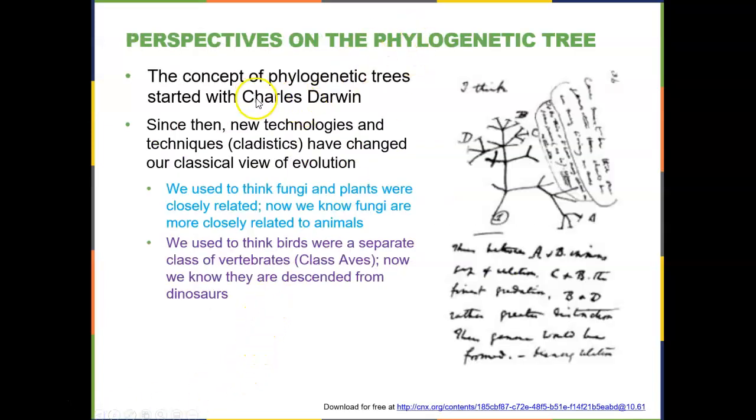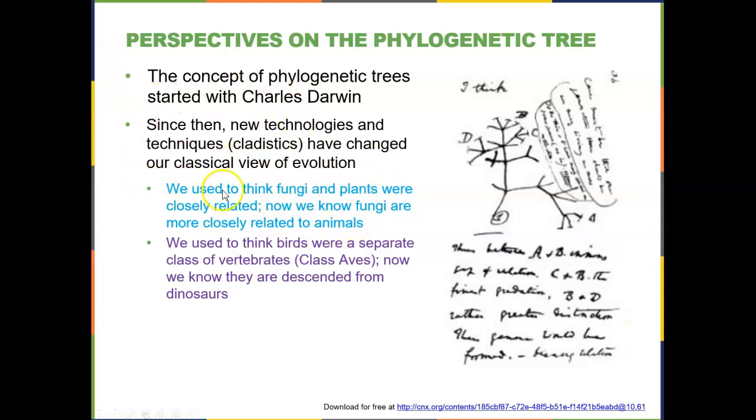So lastly, I want to go back to Charles Darwin, who gets the credit for starting our modern understanding of evolution. And it's interesting to note that in his writings, he actually drew out phylogenetic trees. So we can go back and look at his original manuscripts and find these phylogenetic interrelationships. He says, I think this is how it happened. Since then, of course, we have lots of new technologies that have changed the way we think about evolution, and we're different from the past.